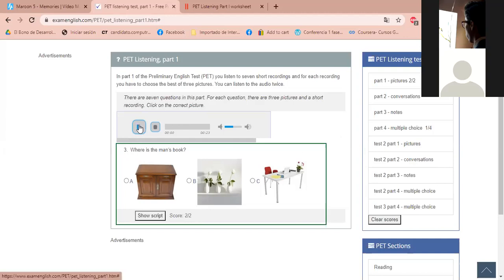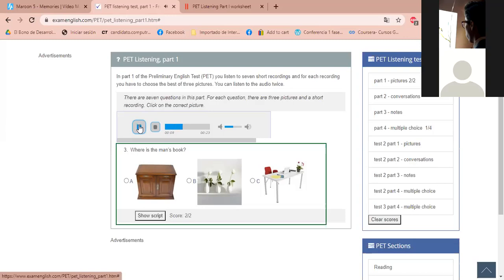Vamos a escuchar una última vez. Have you seen my French book? It's on the shelf, isn't it? I saw it next to the flowers. It was there this... Alguien me dijo, escucha las flores. Aquí nos dice, ¿viste mi libro de francés? Sí, la última vez que lo vi, estaba en la repisa junto a las flores. Y él dice, estaba ahí la última vez, pero ya no está. This morning, but it isn't there now. It isn't there now. No está. Ahí no está ahora. Vamos a ver qué dice después.